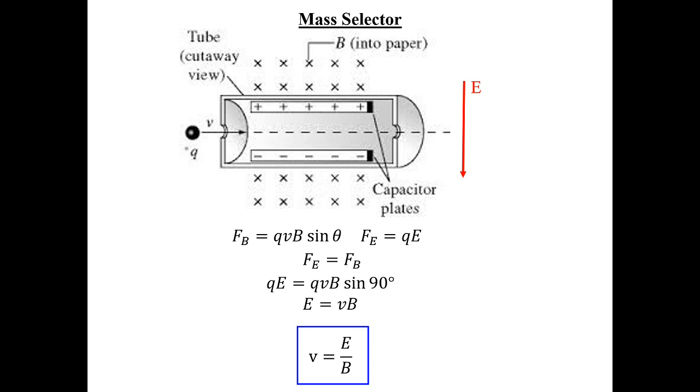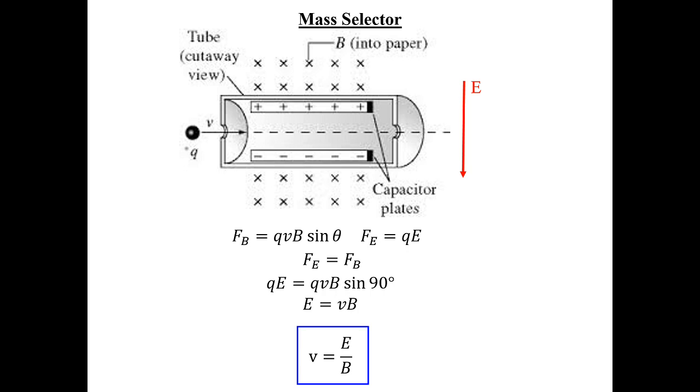For the magnetic force, our positive particle is moving to the right, and the magnetic field is into the page, so the force will point up. So if we draw a free body diagram, the electric force will point down and the magnetic force will point up. So a particle that experiences no net force will then have an electric force and a magnetic force that are equal to each other. If those forces aren't equal, then it's going to crash into the sides of our chamber,